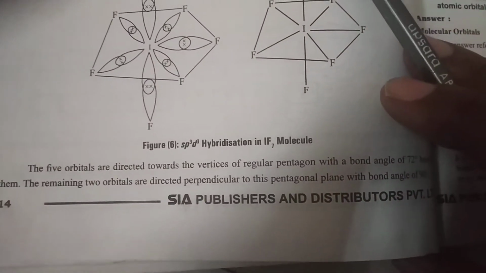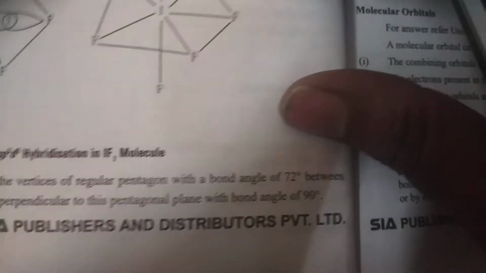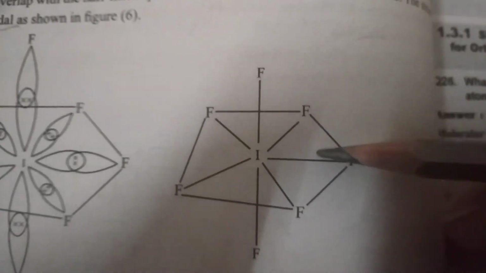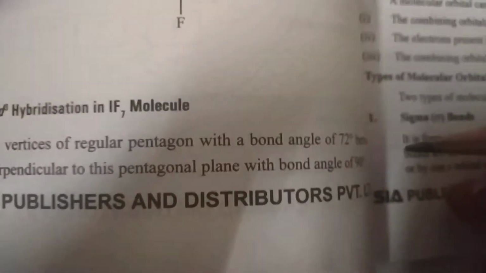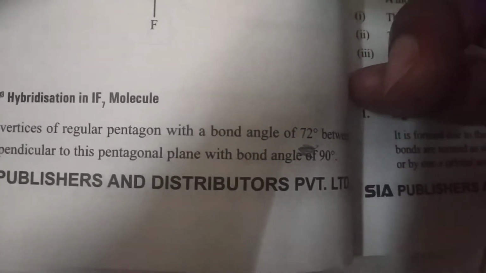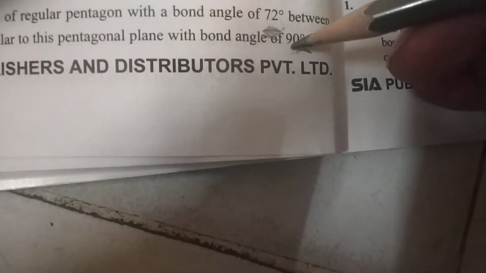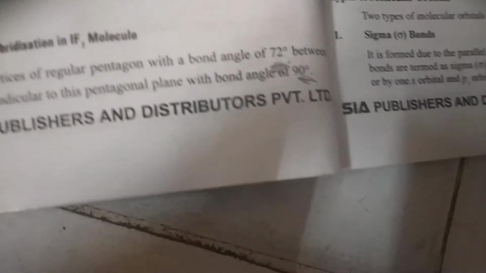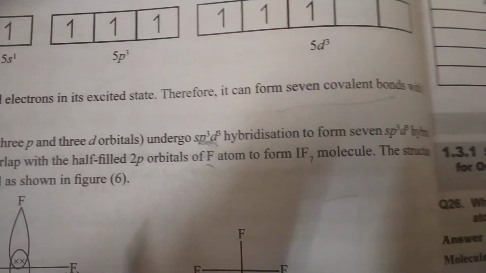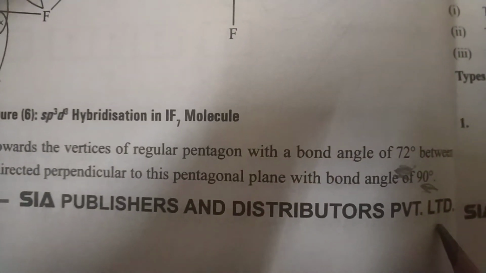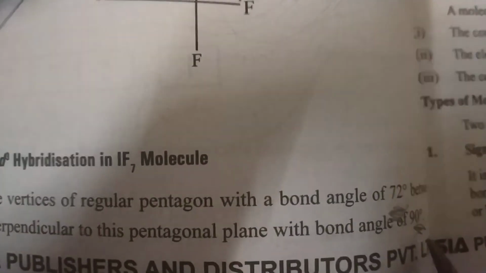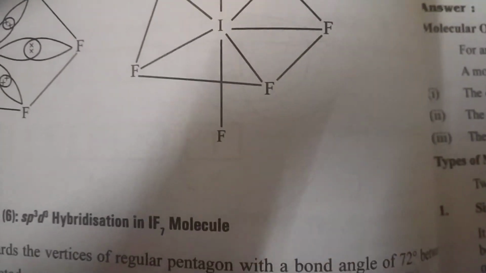Pentagonal bipyramidal. And no need to mention the bond angle, simply bond angle is 90 degrees. And two types of bond angles are there here. In between the pentagonal positions the bond angle is 72. And axial to equatorial, the bond angle is 90. Clear? The shape of the molecule is pentagonal bipyramidal and hybridization is sp3d3 and the bond angles are 72 in between equatorial positions and axial to equatorial 90. Clear? No need to write remaining matter.